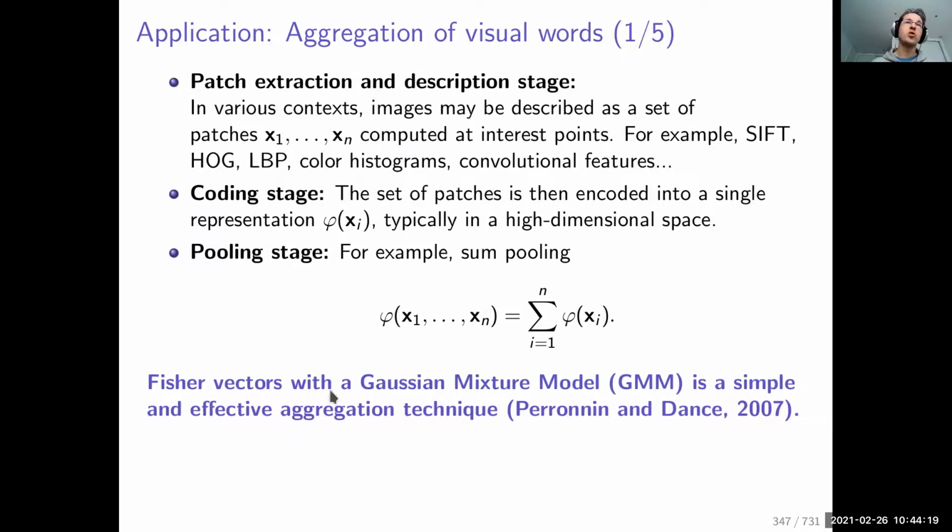And the Fisher vector with a Gaussian mixture model turned out to be extremely effective. To be more precise, in 2011, they won the ImageNet challenge by using this technique. And then it was outperformed in 2012 by convolutional neural networks. It doesn't mean that these types of techniques are useless. It may simply mean that they were still missing a few nice properties of convolutional neural networks to achieve better results. And it's probably likely that at some point, these types of techniques will be used again in a different context, probably in a more effective context. That's why it's still good to know about these types of techniques.